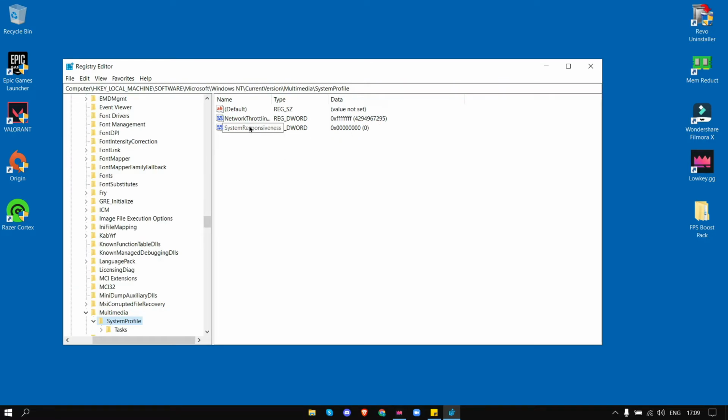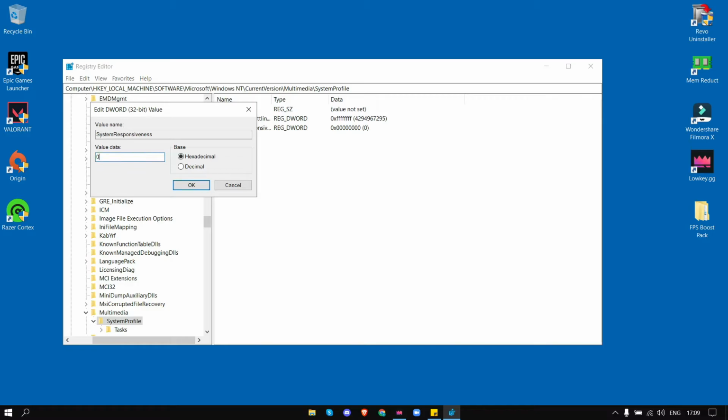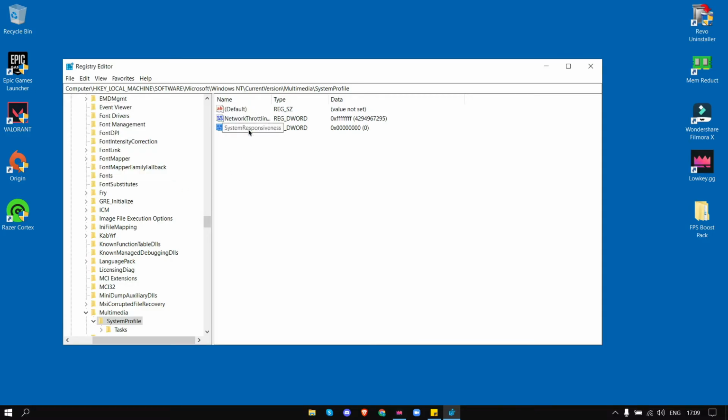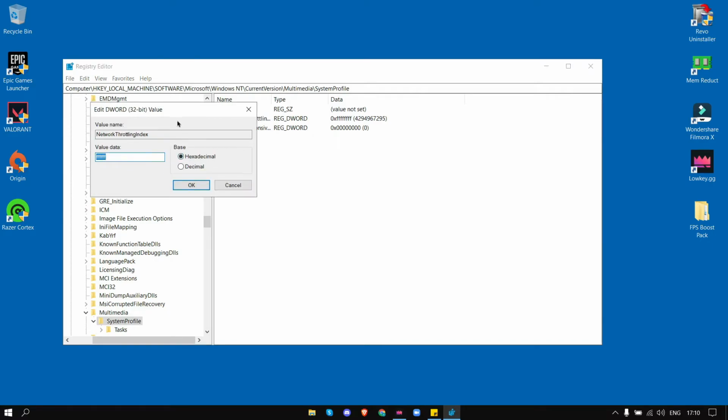Now once you're here, double click on system responsiveness and set it to 0 and click OK. Now what this does is, by default it'll be at 2 or 3, or might be something else too. I'm not entirely sure. It differs. So what this does is, if you've not kept it at 0, it'll allocate some CPU resources for Windows, and when you put it at 0, it just clears out all those allocations and will give you maximum CPU performance. So just put it on 0, and double click on network throttling index and put